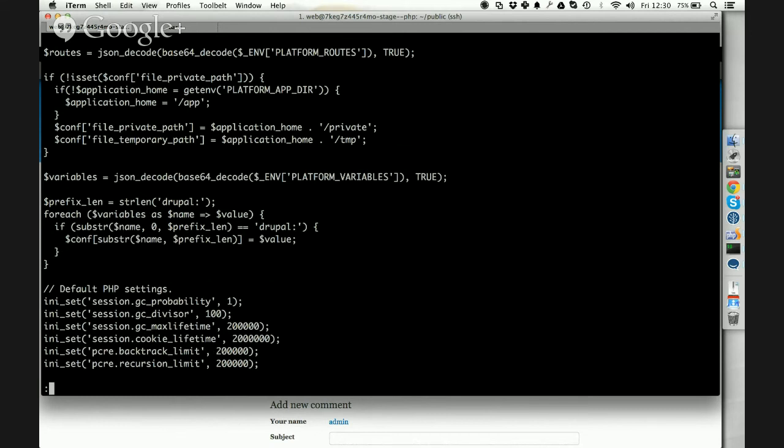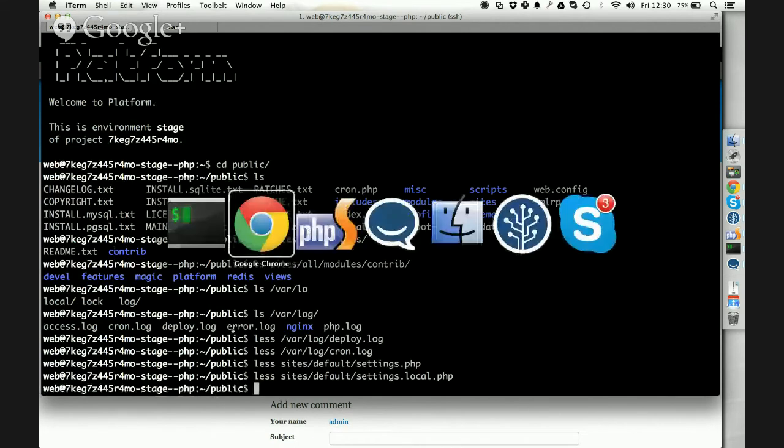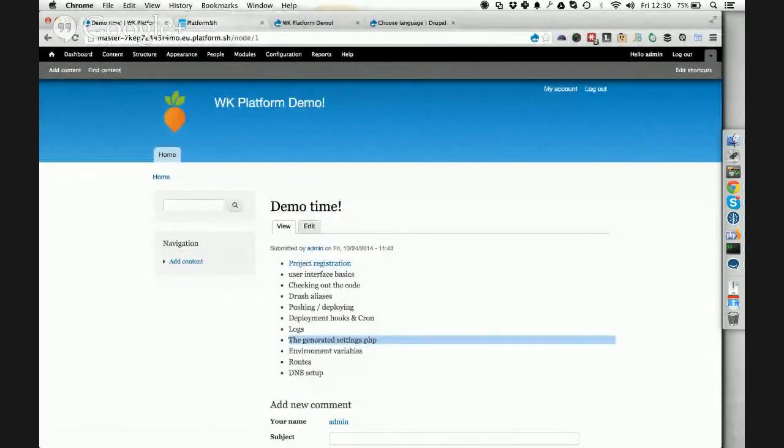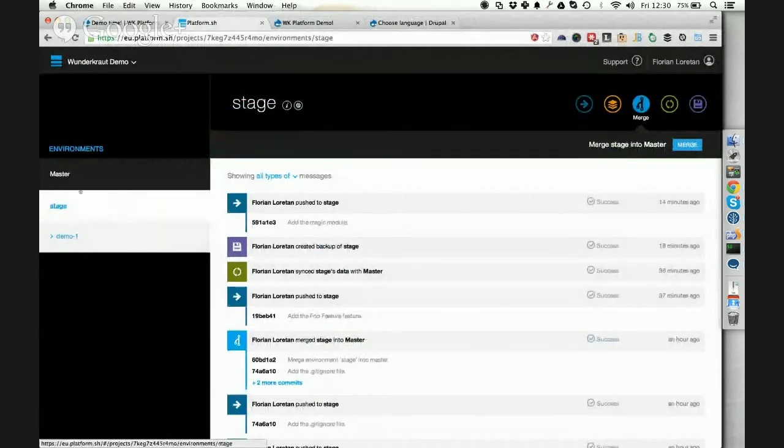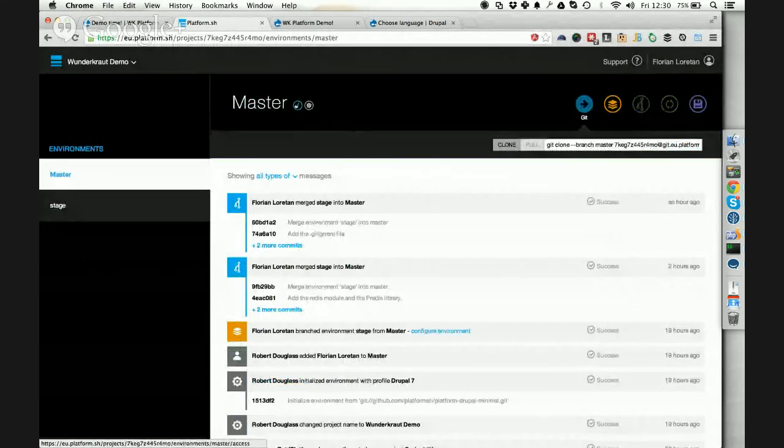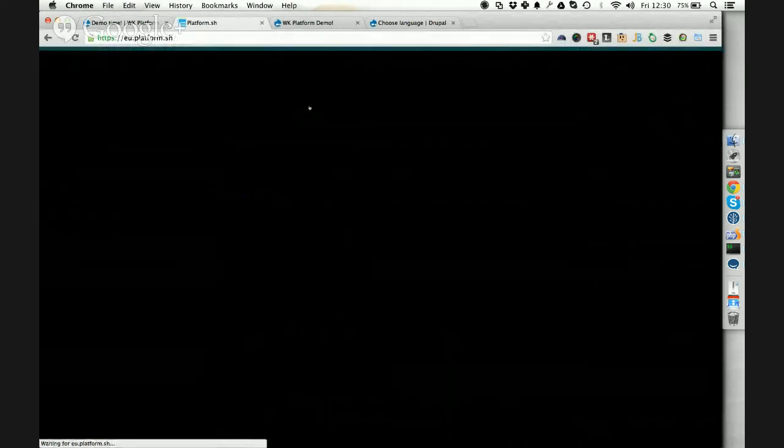And here we see that this conf variable is also being used a little bit. It's adding something there. What is happening is that we get environment variables. Those that are prefixed with Drupal get added to this conf array. And what's really cool is that you are able to edit those from the UI. So you can say, for example,